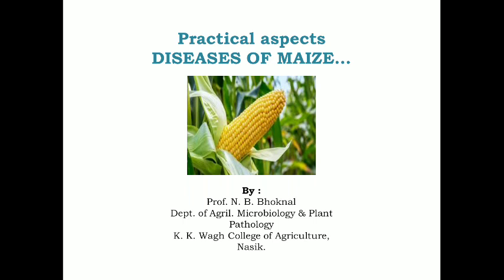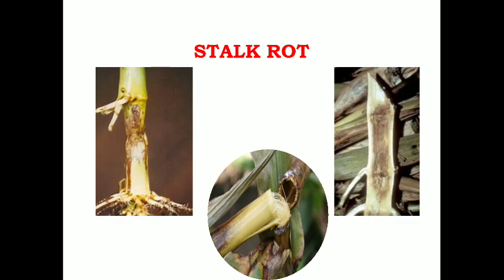So next part, that is diseases of maize. Here first one, that is stalk rot. How to identify it? It is identified by yellowing of leaves. Then the main symptom, that is rotting of the stalk in the form of a brownish soft appearance or water-soaked patches, or in some cases brownish discoloration is seen as shown. Then the stalk twists, falls over and produces a foul odor, as shown.